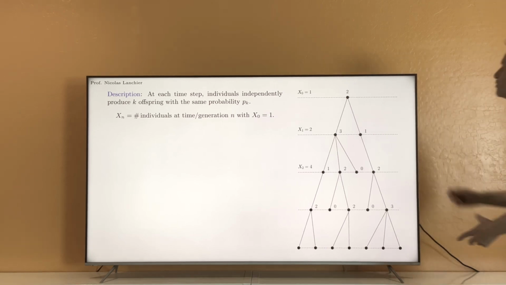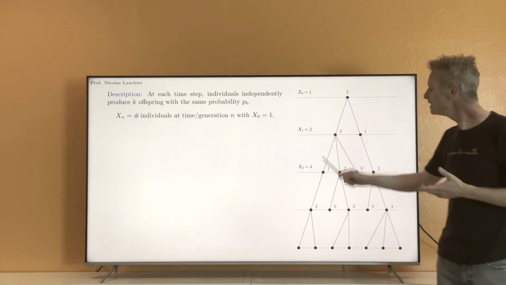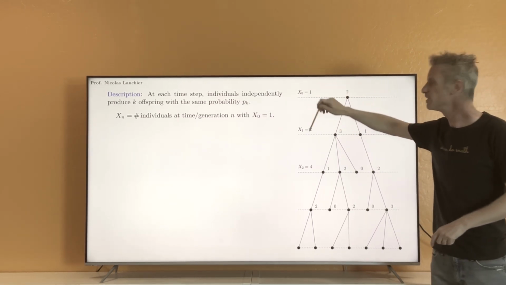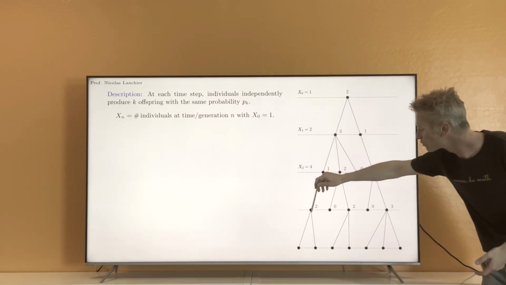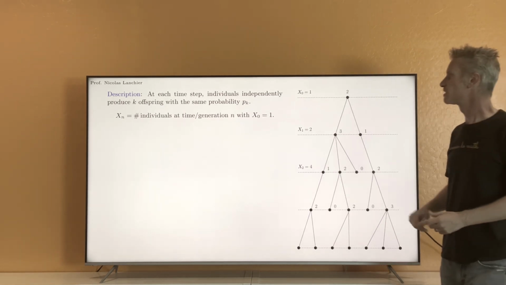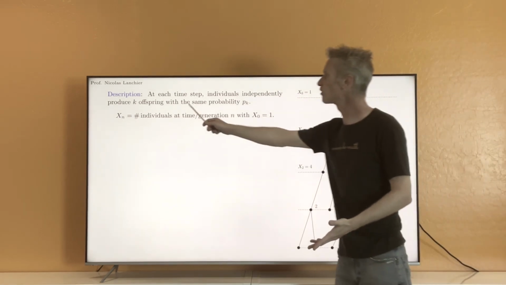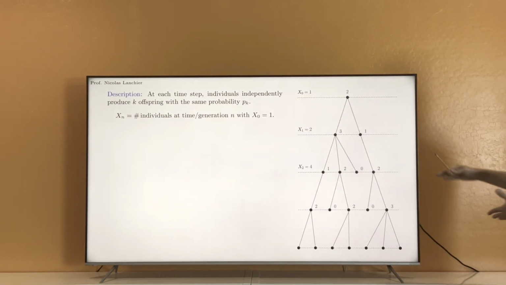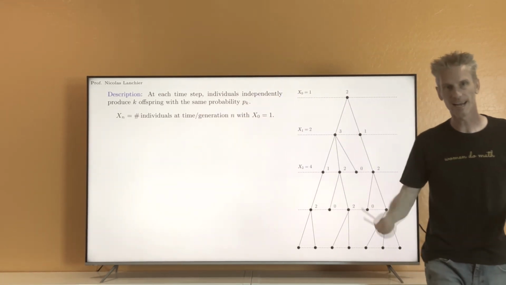Then eventually you can see from the tree that in this particular case, X0 equals 1, X1 equals 2, X2 equals 4, X3 equals 1, 2, 3, 4, 5, and so on. So it's by using a bunch of independent realizations of the same random variable Y that you can build this tree, and you see that indeed once you have the tree, you can find the value of those Xn.